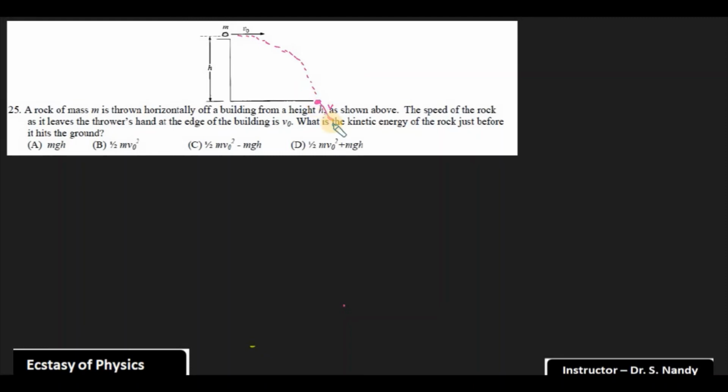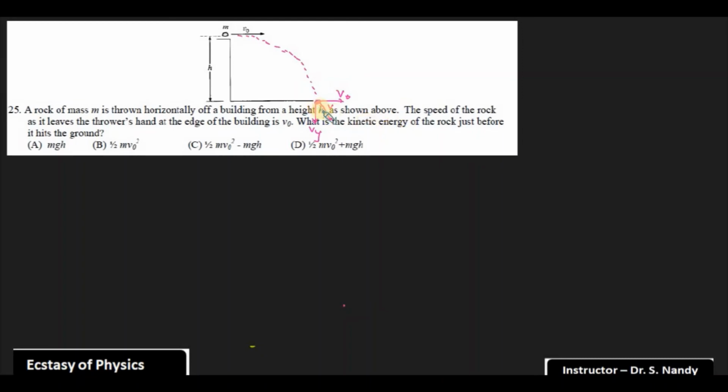find the final velocity at this point by considering that it's projectile motion, so there will be no acceleration in the horizontal direction. From there we would say the final velocity along the horizontal direction at the point of striking the ground would be the same as the initial velocity, and the vertical speed they would find using the motion equations. After that they would find the resultant, which gives the final velocity, and then from there the kinetic energy can be computed.